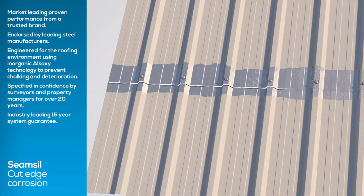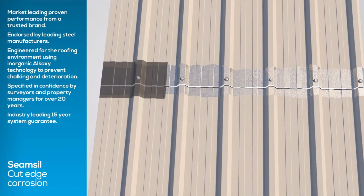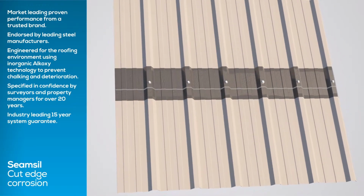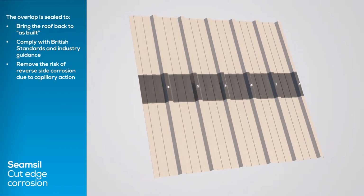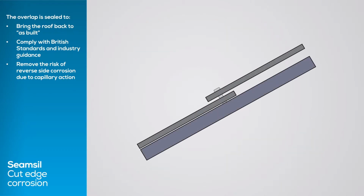Once the overlap is prepared, seal using SeamSil sealant to prevent water re-entering the lap and causing further corrosion. Applying 2 coats of SeamSil gives guaranteed coverage and the tensile strength to cope with the movement of the metal sheets. Once the system is in place, the lap won't hold water, so the building is protected against ongoing reverse side corrosion. The roof will need to be fully coated once it enters phase 2 of its life cycle, in order